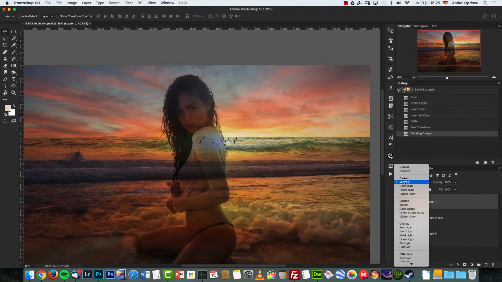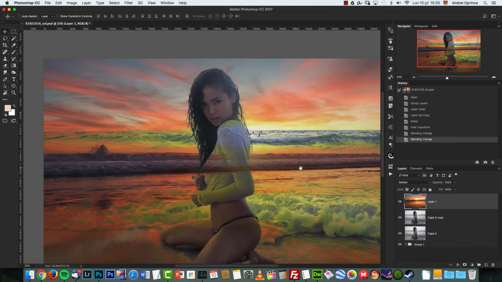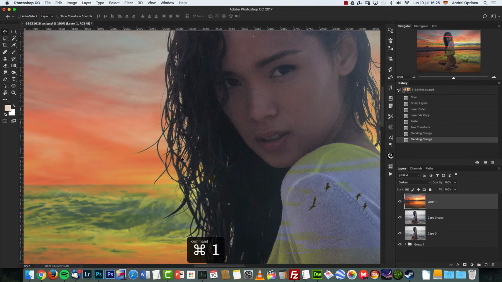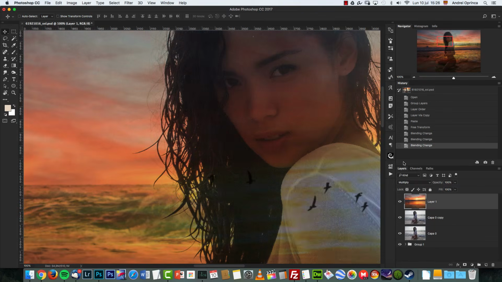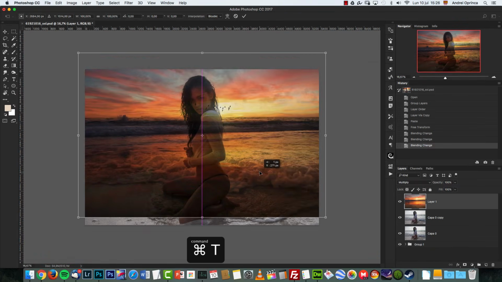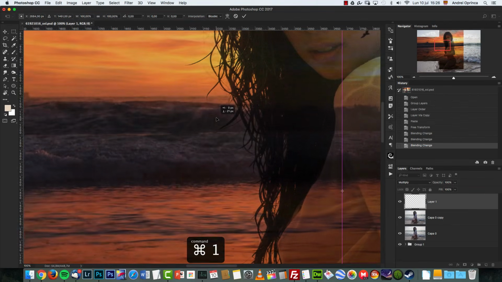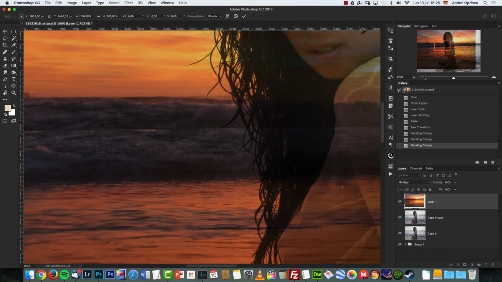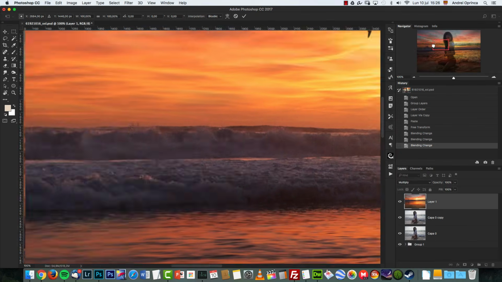You can try with darken as well. In some situations, it might work better than this. You can see that here on the hair it looks better, but on the edges it doesn't look that good. So I'm going to use multiply instead of darken. And now I'm going to move it higher up. I want to match the horizons over here, so about there. And I'm going to change the blend mode back to normal for a second because I want